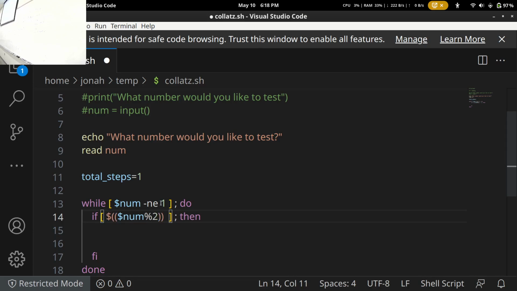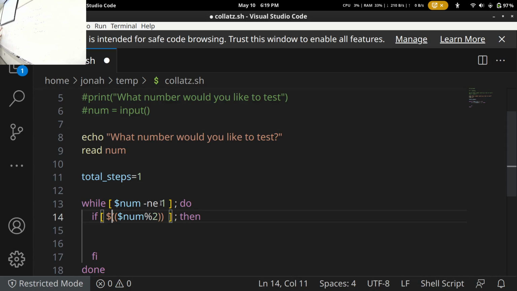So even though math expressions use double parentheses, anytime we want to take a value and insert it into our command, we're going to have to use a $ sign in front of it. $ sign parentheses. So anytime you want to insert some sort of math value into your statement, you're going to have to put a $ sign in front of it. And that is indicative of something called a command substitution, which is a more general form of that.